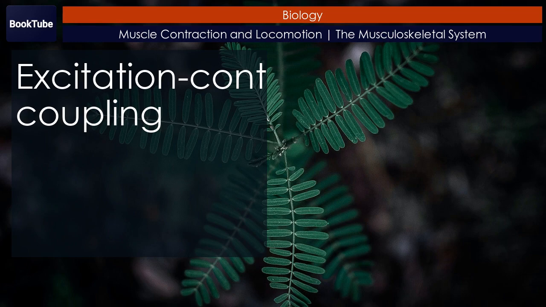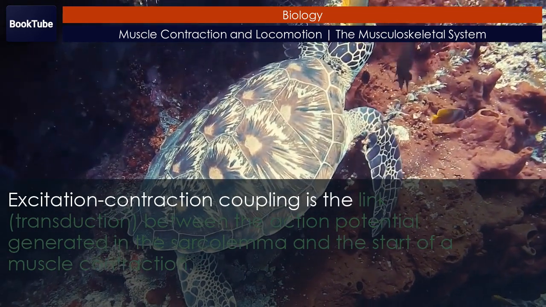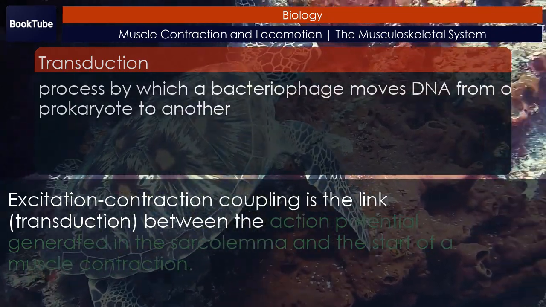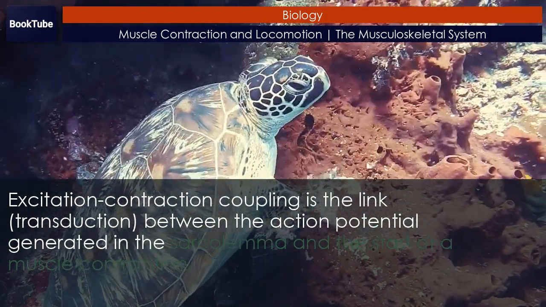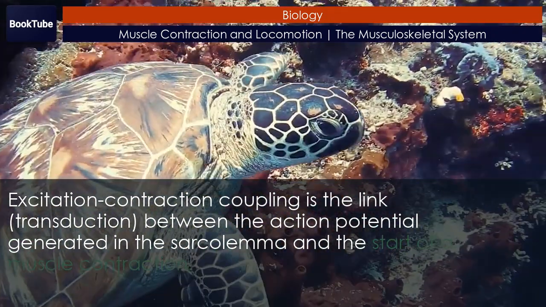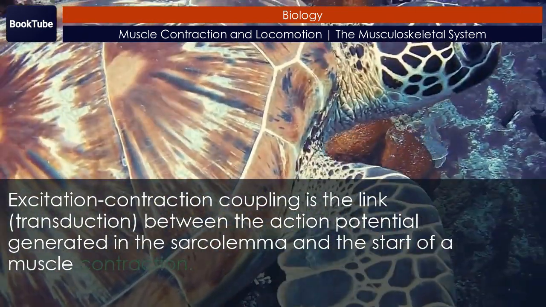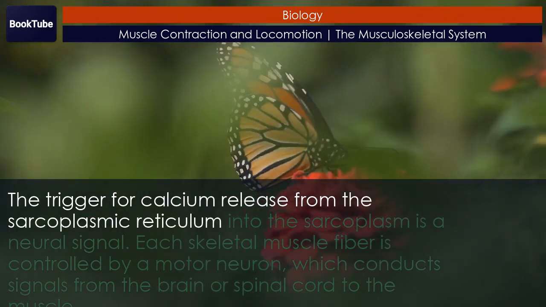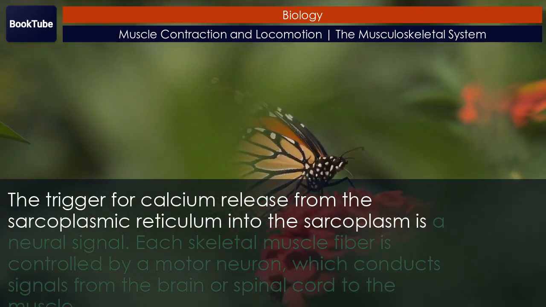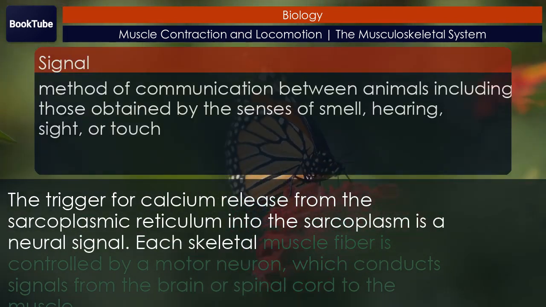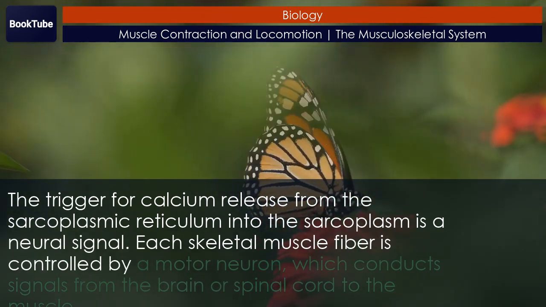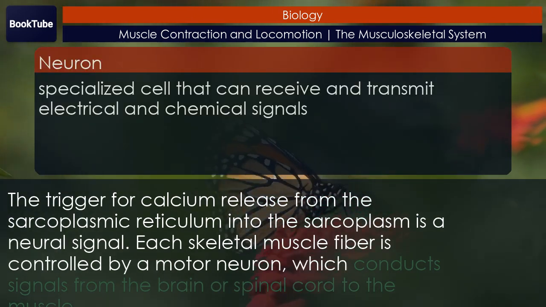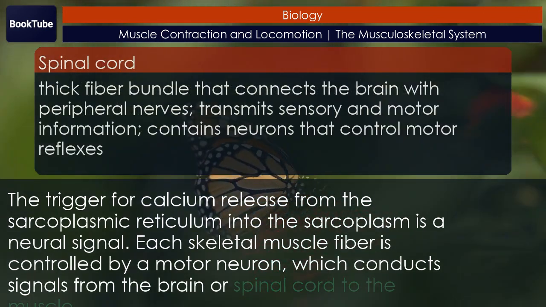Excitation-contraction coupling. Excitation-contraction coupling is the link, transduction, between the action potential generated in the sarcolemma and the start of a muscle contraction. The trigger for calcium release from the sarcoplasmic reticulum into the sarcoplasm is a neural signal. Each skeletal muscle fiber is controlled by a motor neuron, which conducts signals from the brain or spinal cord to